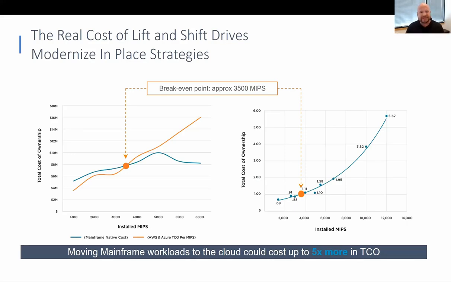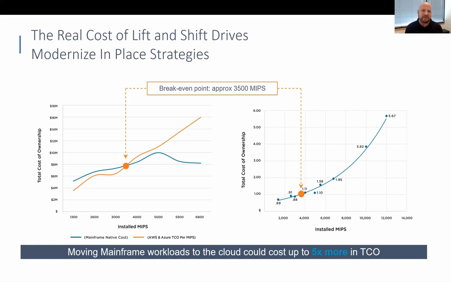Taking a look at this slide here, this is taken from one of the world's largest databases on tech and economics. It's comparing costs between mainframe and the distributed cloud, right? What they're recognizing in a nutshell is, yeah, it's very cheap to get into cloud and move workload over in the beginning. Very easy spin up, right? But as more workload moves over, the cost increases substantially. At about 3,500 MIPS, that's your break-even point. Once you start to move more, especially the workload of a mid-sized bank, not even the larger shops, you're looking at a 3 to 5x cost increase.